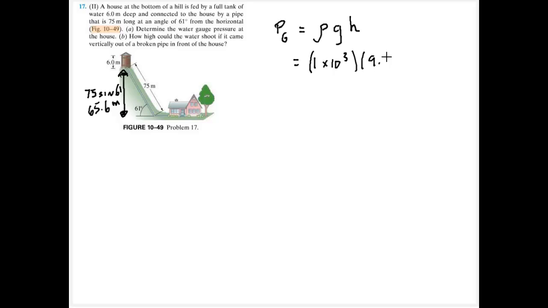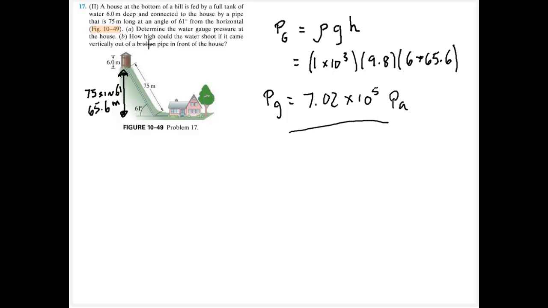Gravity is always 9.8. And now the height is going to be the 6 meter tank plus the 65.6 meters from the hill. So the gauge pressure now is simply going to be 7.02 times 10 to the 5th